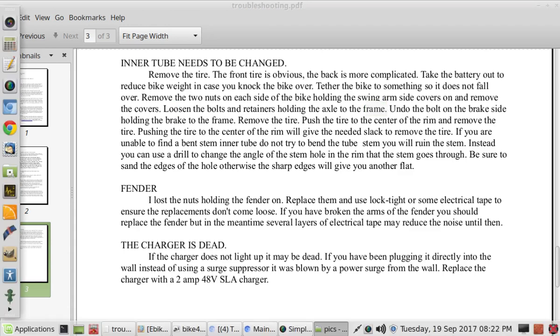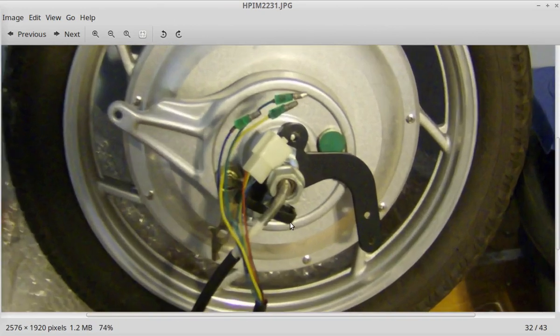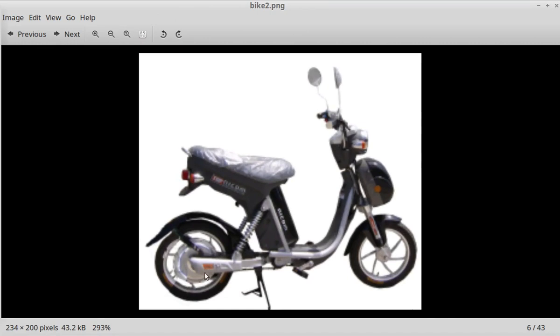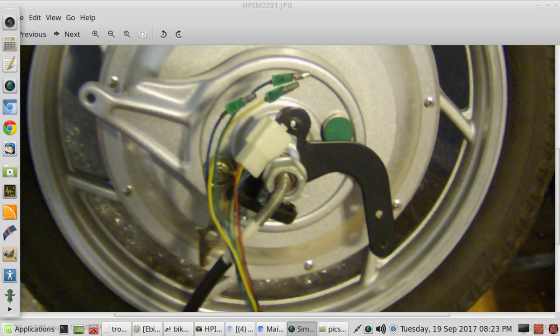And that is this black thing here. This is a retainer. And you can't see it, but it attaches the fender. Yeah, let's see if I can get a better picture. Oh, I don't appear to have a better picture. Anyway, the